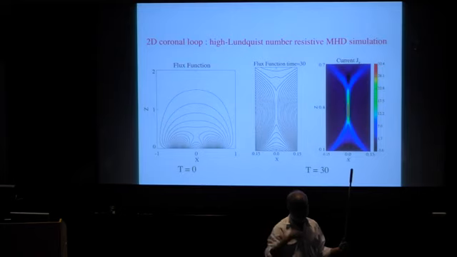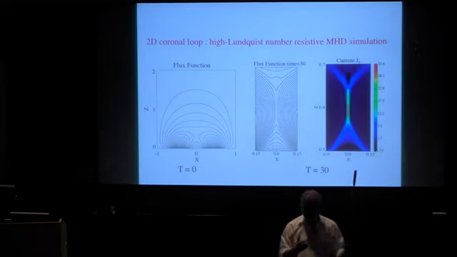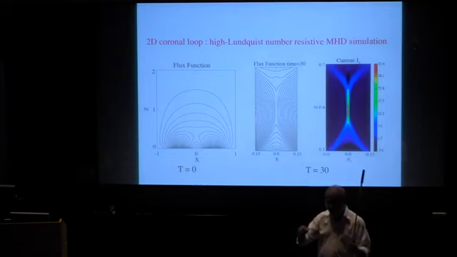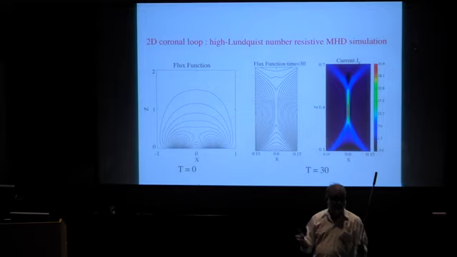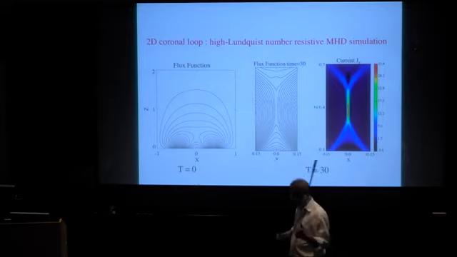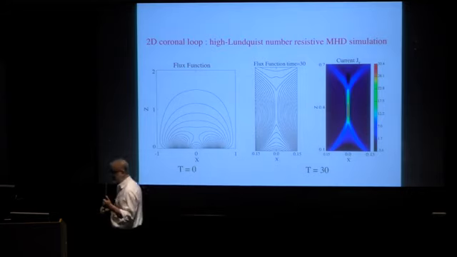So in the Sweet Parker problem, think about it. Eta j squared. J scales like B divided by the width. The width scales like eta to the half. So if you square it, the eta cancels out. So in the limit of low resistivity, eta j squared is independent of eta. That's volumetric. And then you integrate over the volume, depending on how large your volume is. So if you get a Sweet Parker current sheet, which is very intense, scales like B over the width, which is narrow, eta j squared can be very large, and independent of eta. And that's attractive because in the high eta regime, you're beginning to get a result that's independent of eta.